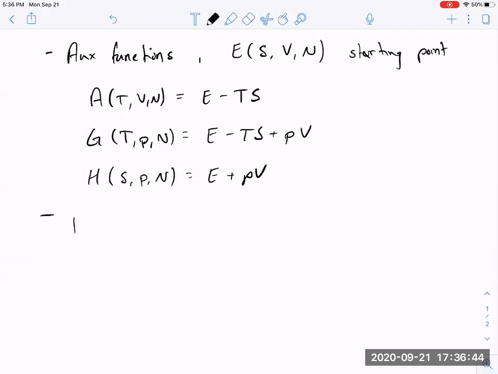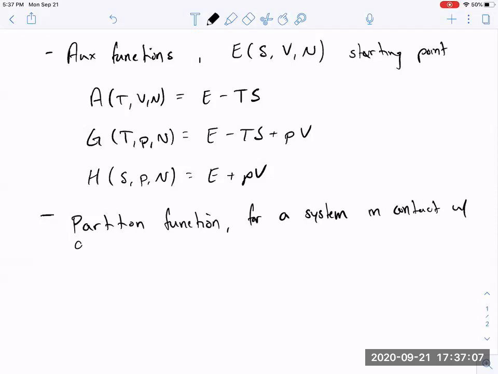And in particular, we've noted that the so-called partition function for a system in contact with a bath at temperature T is defined through the Boltzmann